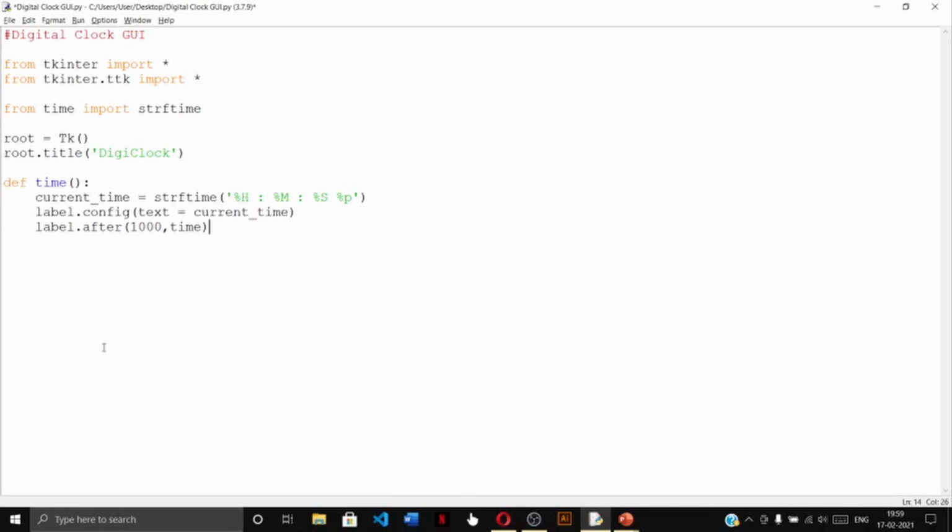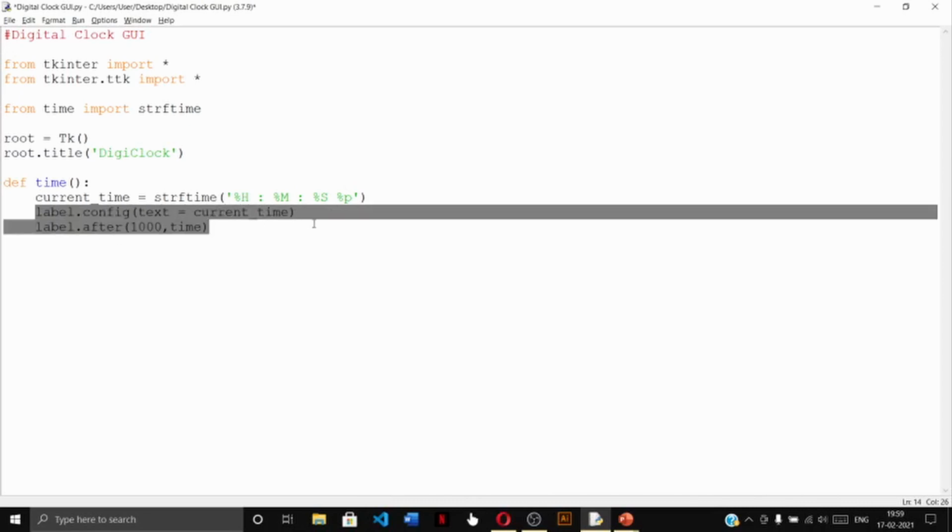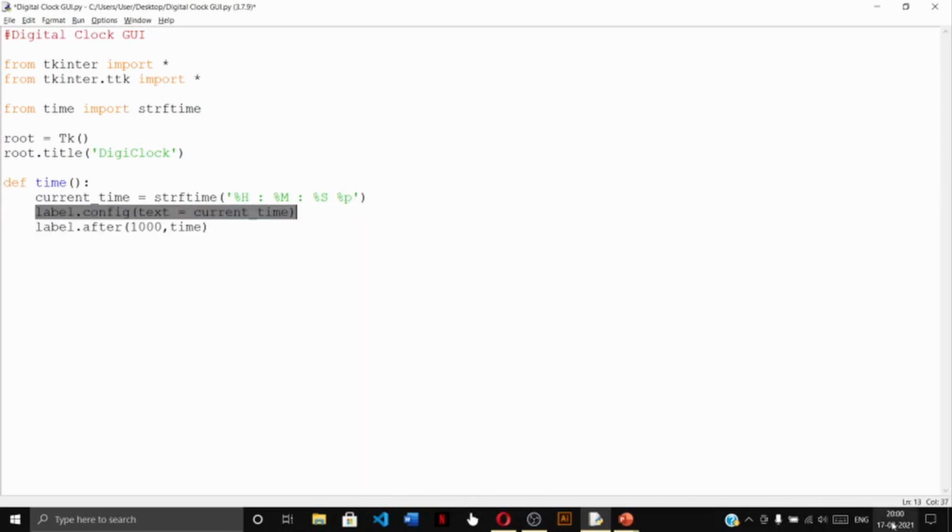Now for the first time, let us say the label has been configured with current time as 20 hours 0 minutes and 8 seconds. So after a waiting time of 1000 milliseconds or 1 second, again the time function will